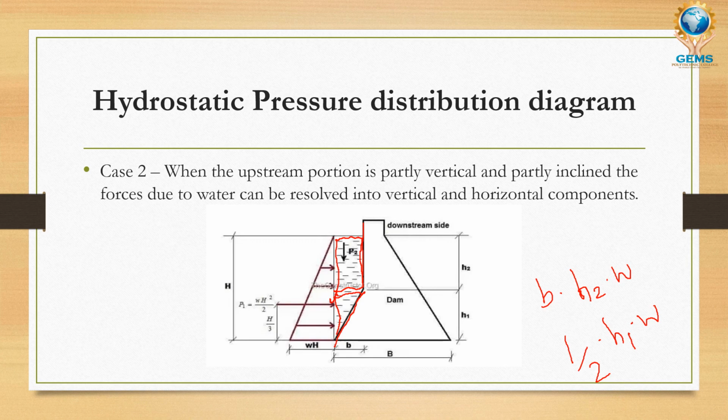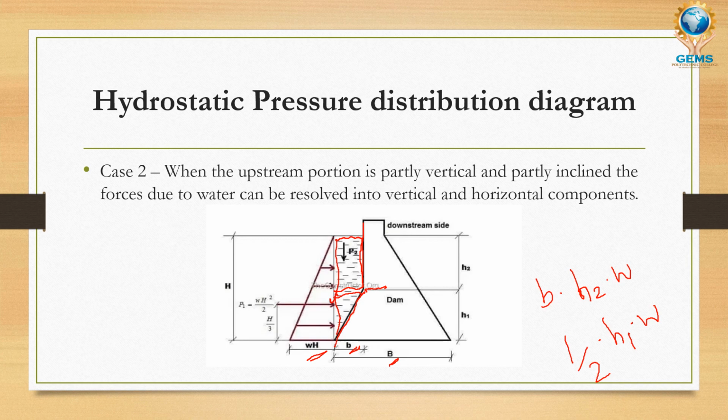There are generally two forces. One acts at the top, up to this half portion, and the other acts on the downside. The total breadth of the dam is capital B, and the breadth up to which the pressure acts is small b. W into H, as you know, is the unit weight into the height up to which the pressure acts, the overall pressure. Then H by 3 is the height at which the overall pressure acts. That was explained in the previous slide too.